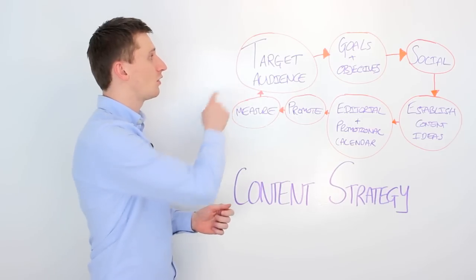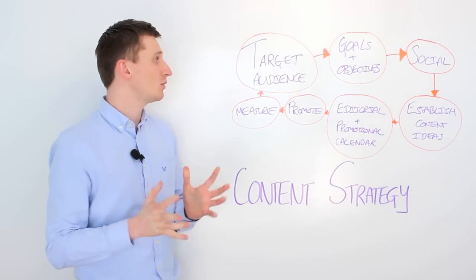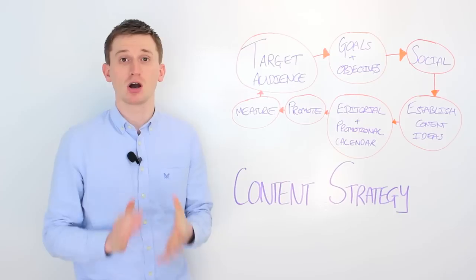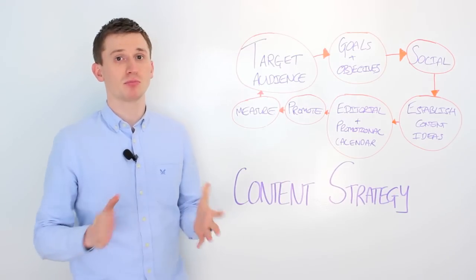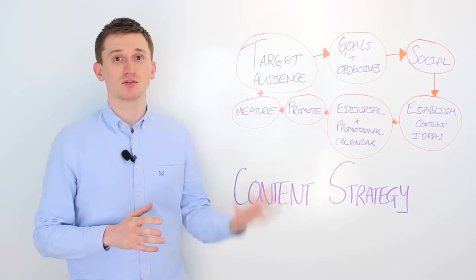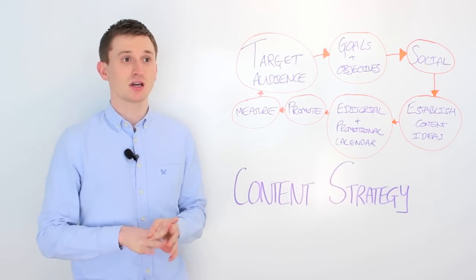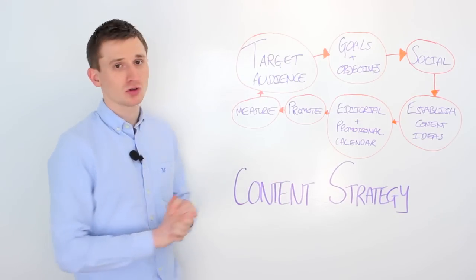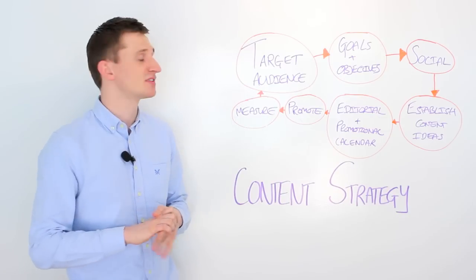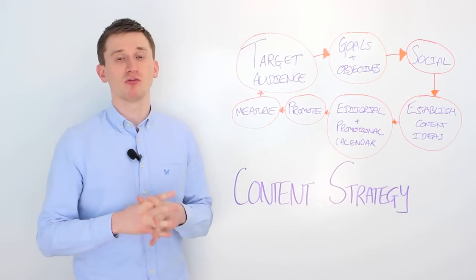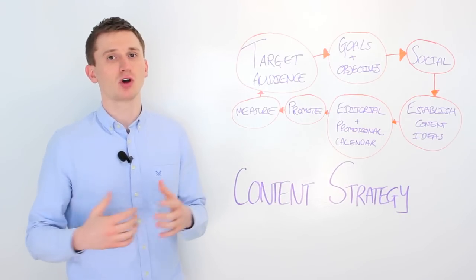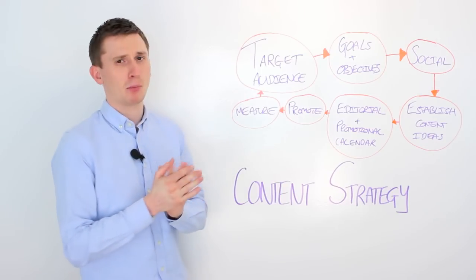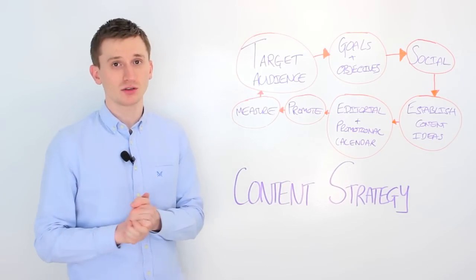Cool. Let's kick off with target audience. There are many ways in which you can target your own audience. First and foremost, I recommend creating buyer personas. Now, you can create a number of personas based on various stages of the buying cycle, as well as various needs of your buyers. Don't look to create too many personas. I would stick to a standard number of between 5 and 10 because you don't want to overcomplicate things at this stage.